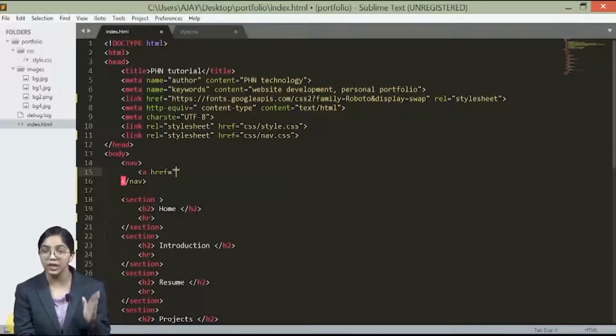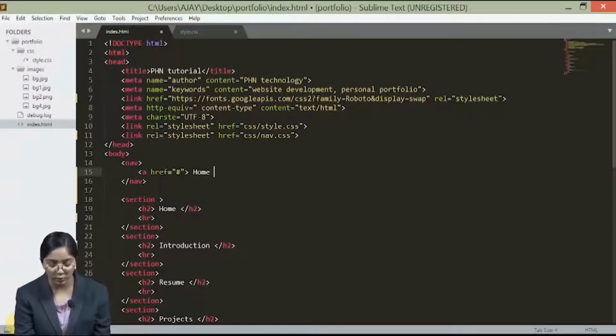Href is strictly used in HTML. Now we are going to give a hash because we haven't defined all the sections with their ID yet, right? The text which I click on and should link to this particular page should be entered between the open and the close tag. So I'm going to enter home and a closing tag.